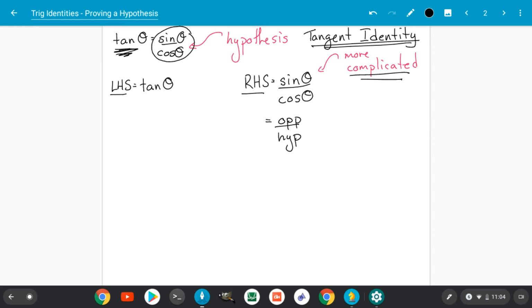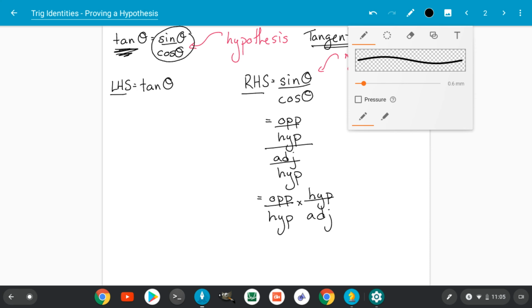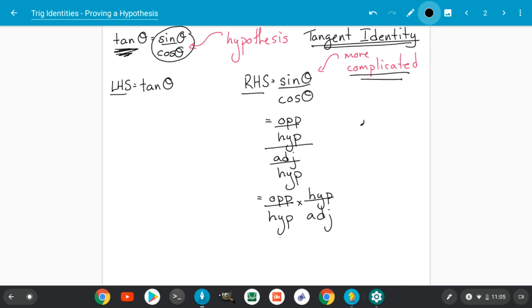And cosine is adjacent over hypotenuse. Okay, we have two fractions that are being divided, so we can flip and multiply. So that'll bring us to opposite over hypotenuse times hypotenuse over adjacent. Okay, now when we have that, I'll just use some red here to show you the